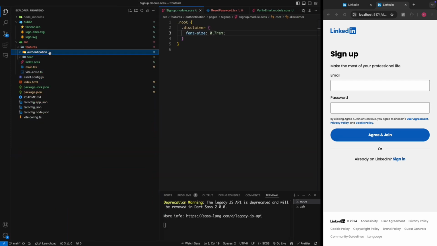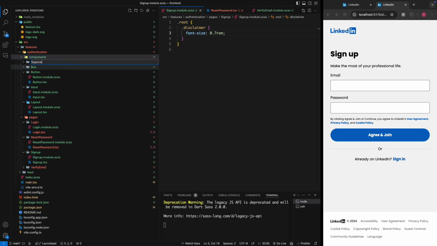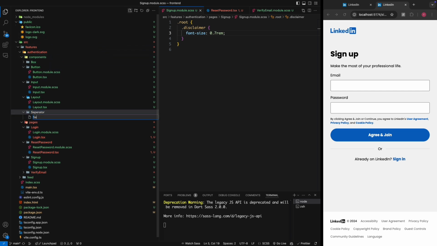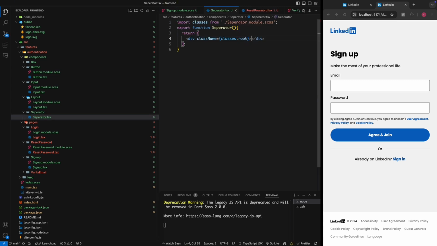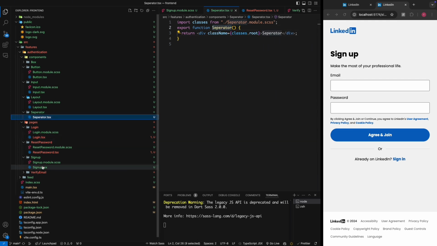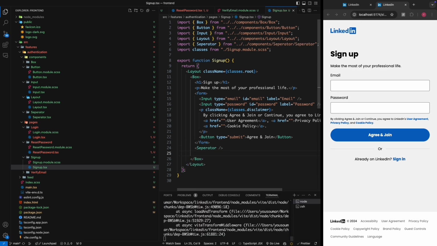So here I'm going to create, in the components folder, a folder, and I'm going to call it separator like this, with a separator.tsx file. I'm going to add it here. So in the sign up page, after the agree and join, it should actually be after the form, outside of the form here. So we're going to add this separator component like this, and then